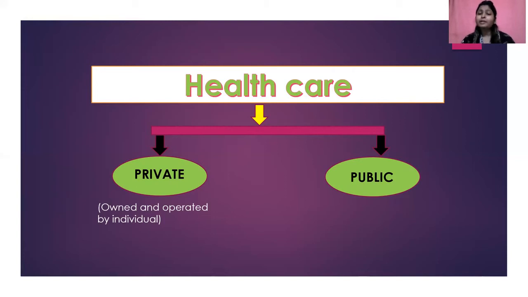On the other hand, when we are associated with the term public, we often consider government property with it, because you know that the government is responsible for the welfare of people. That is why when we talk about public healthcare, these are owned and operated by the government, right? So basically you already know that when we talk about government hospitals, or primary healthcare centers, or private healthcare centers,